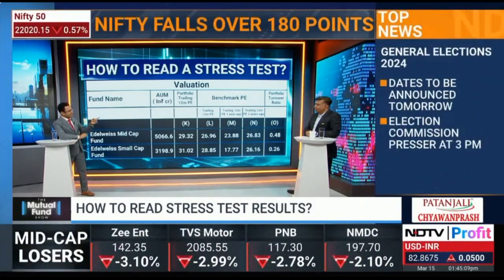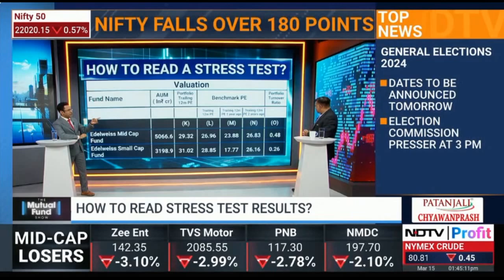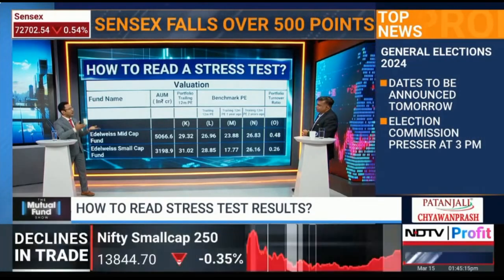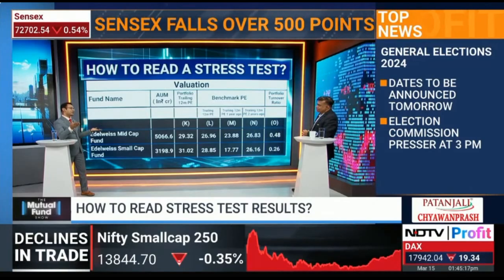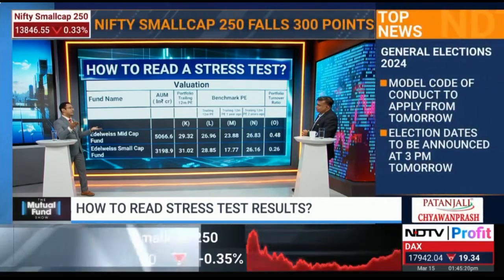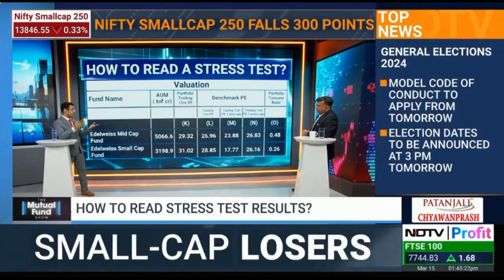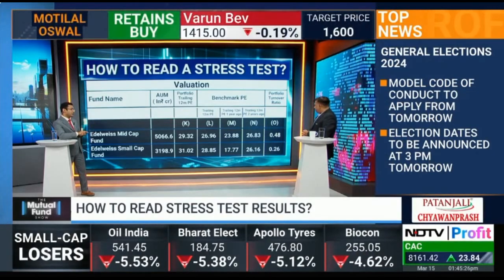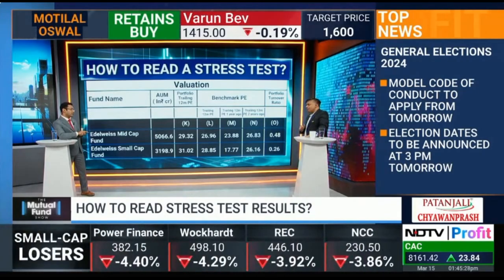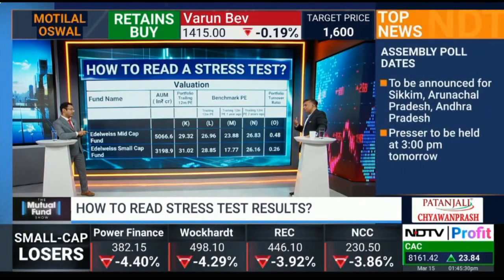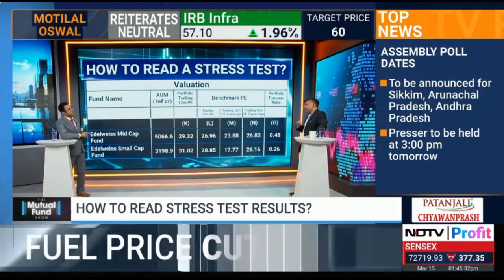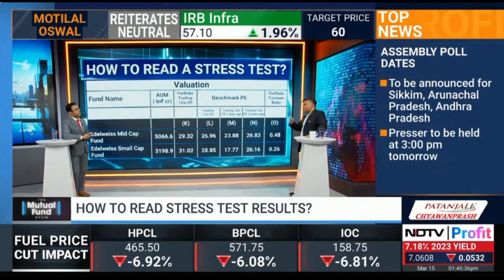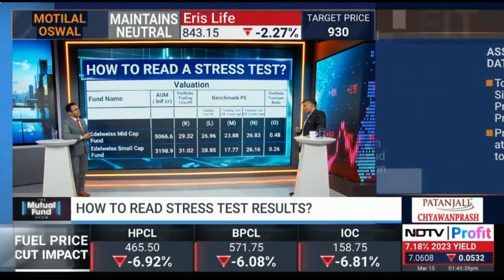Yes, and the last part is the portfolio turnover ratio, which is how often you're churning your portfolio, correct? Right. So what does this tell you? Because some people have a strategy that is analytics based, technical based, or quant based, that requires a higher turnover ratio. Ultimately, the higher the turnover, the more it increases the inherent cost of the product, because every trade that you do incurs trading costs. So the lower the number, the better it is.